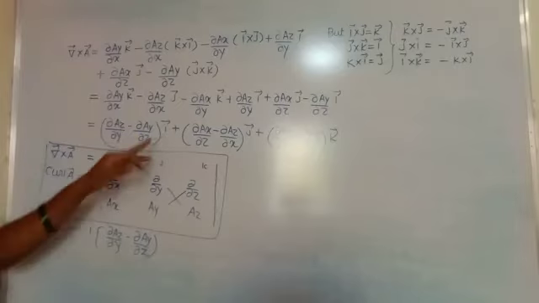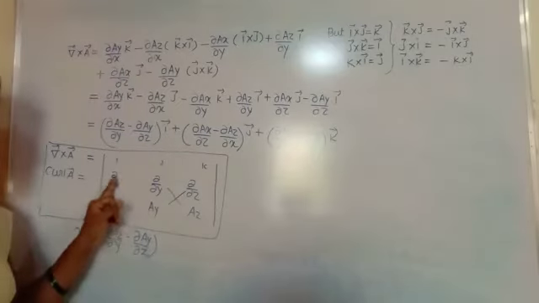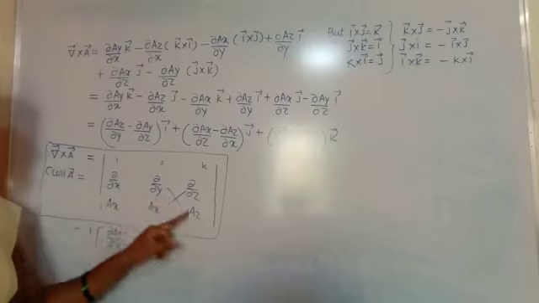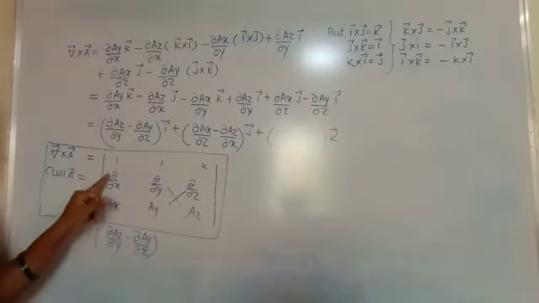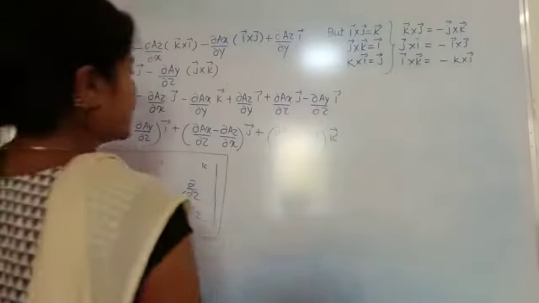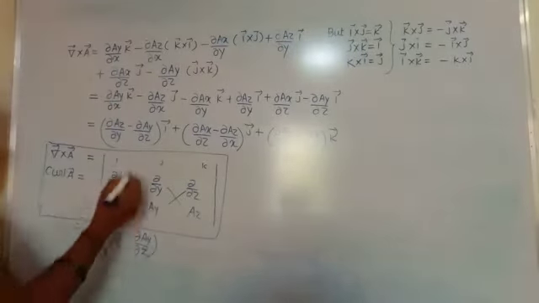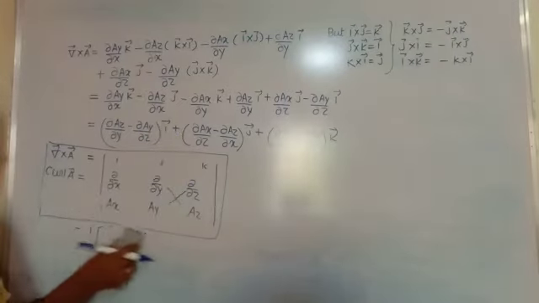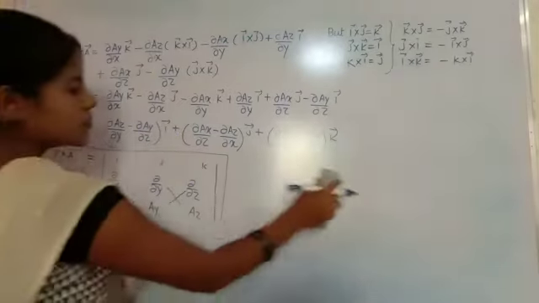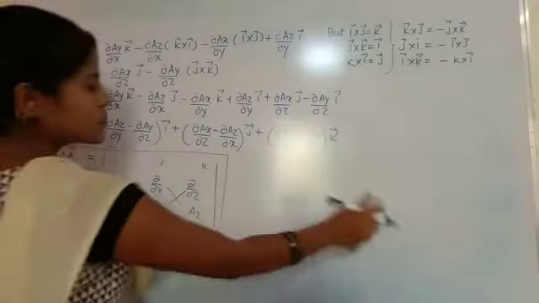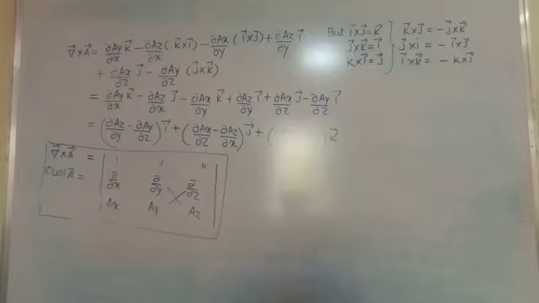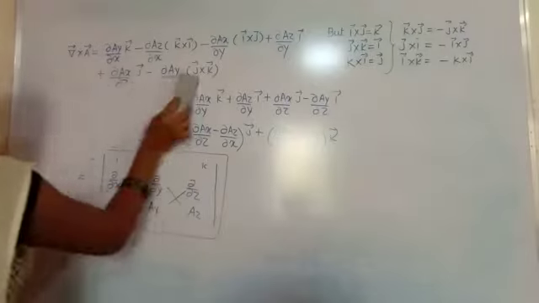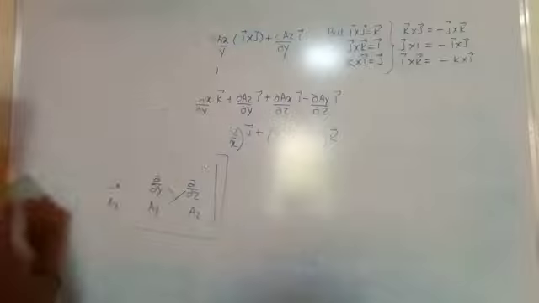This is i, and again when we calculate j, we get del Az by del x and del Ax by del z. This is the j term, but for j we get a minus sign here instead of plus, that's why we reverse the terms. So this is the curl of a vector field which we completed here. The next topic is the physical significance of the gradient of a scalar field.